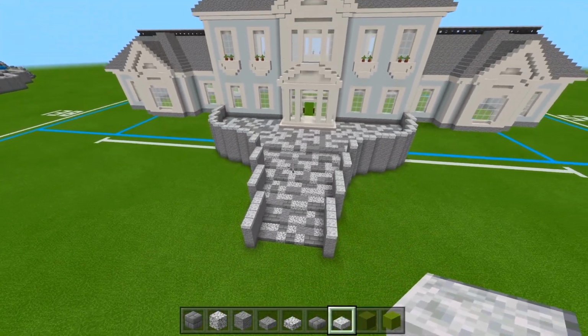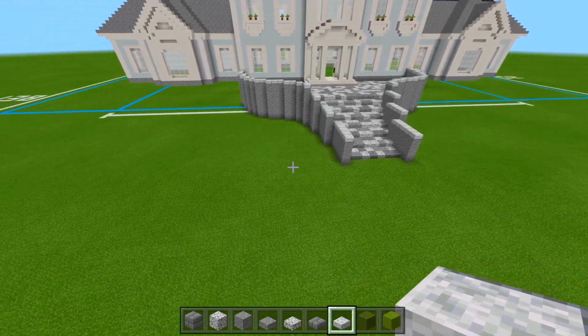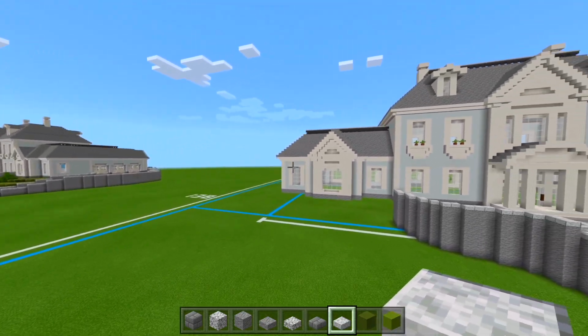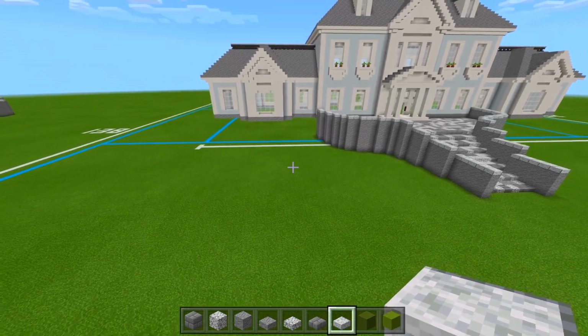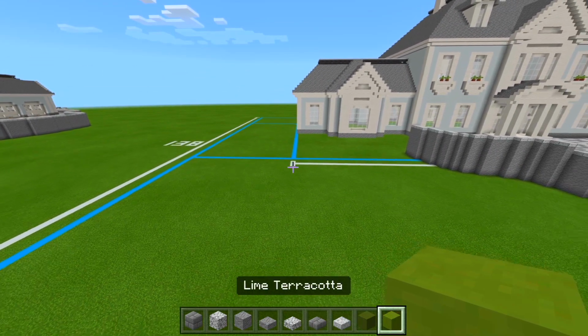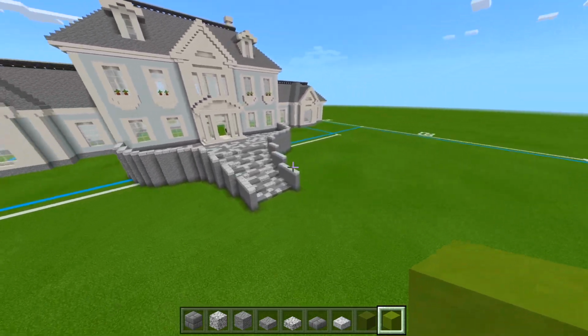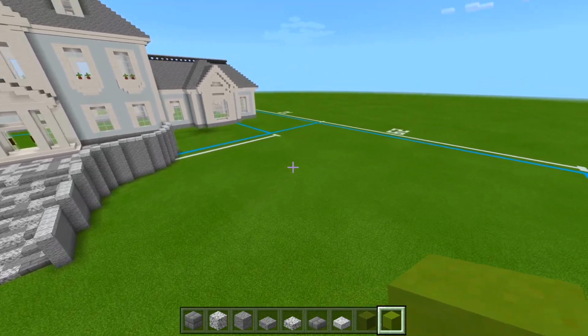And there we go. Now we're going to go ahead and start shaping out the other walls, which wraps all the way around the side of the house and to the back. So all of this space filled in here will be with the green and lime terracotta, so it looks like strips of mowed grass. I'm also going to be sure to shape out this area here as well,